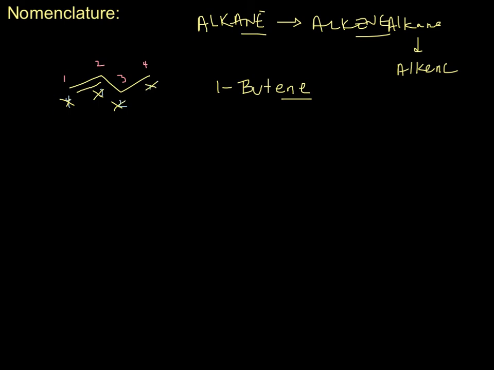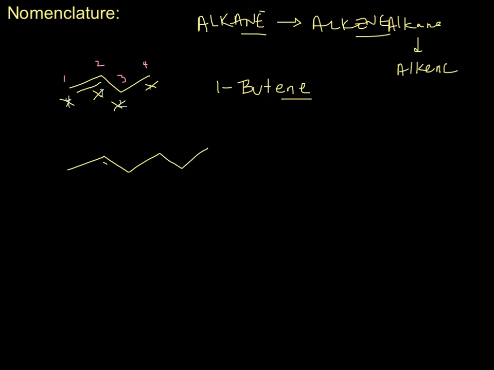All right, and that is the really basic introduction to naming of alkenes. There's a little bit more to it, but this is the main thing. You take out the ANE, replace it with ENE, and use a number to indicate where that thing is. If you have multiple double bonds,